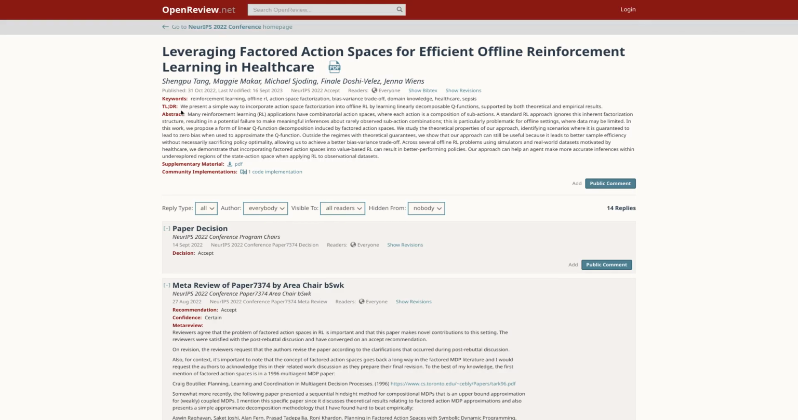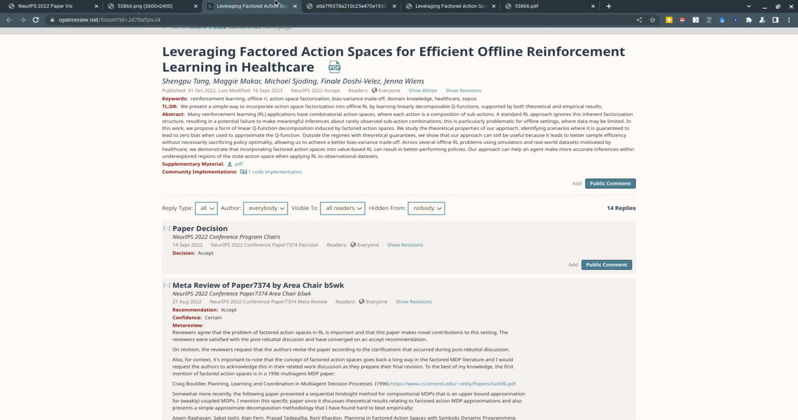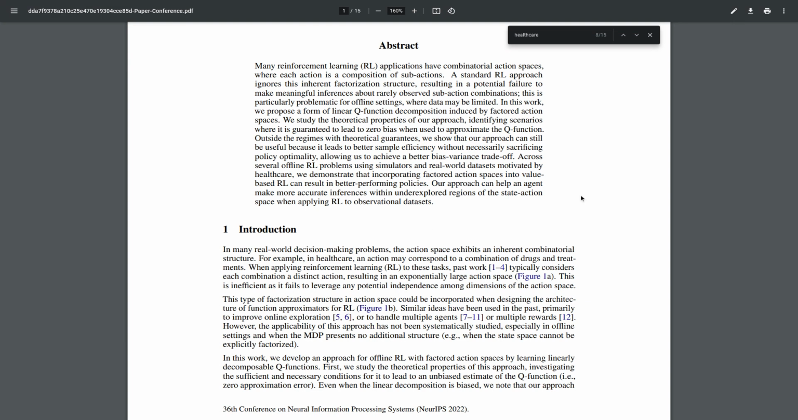And their summary is we present a simple way to incorporate action space factorization into offline reinforcement learning by learning linearly decomposable Q functions supported by both theoretical and empirical results. And their abstract reads, many reinforcement learning (RL) applications have combinatorial action spaces where each action is a composition of